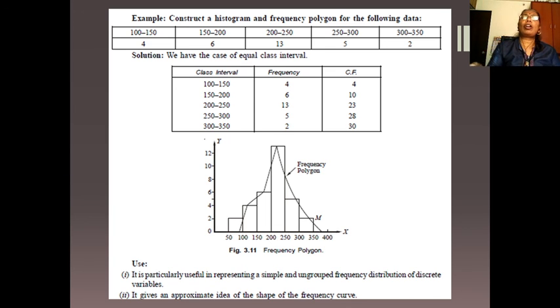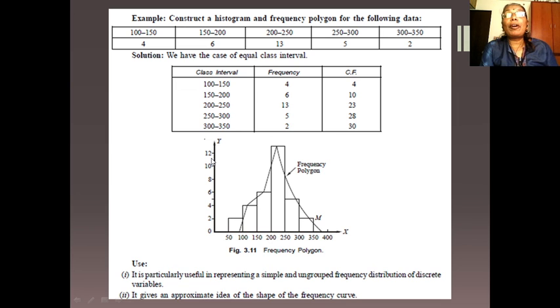This is one example, for any product we consider. In the case of equal class intervals, such as 100 to 150, 150 to 200, we can directly use the given frequency, and with its help we can draw the histogram. On the x-axis we consider the class intervals and on the y-axis we consider the frequency. The frequency starts from 4, but we consider from 0 to 4.